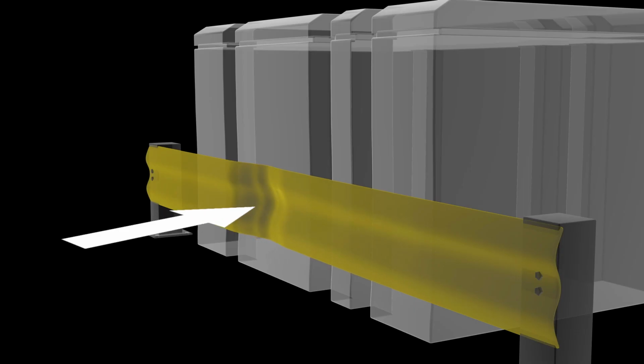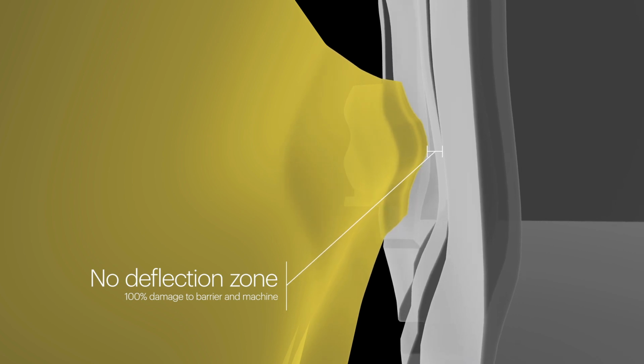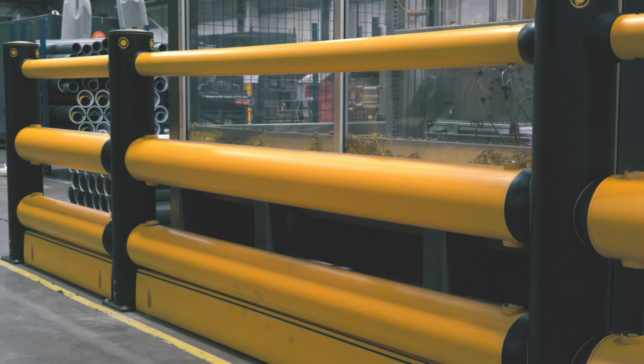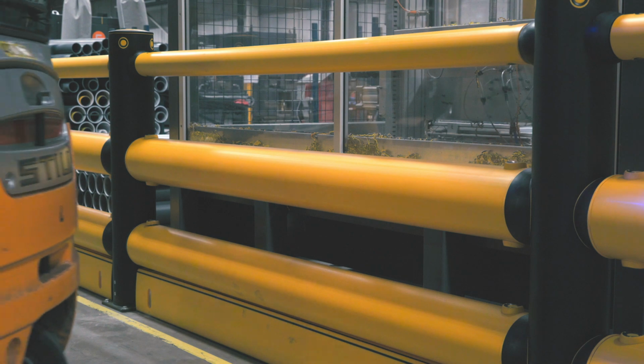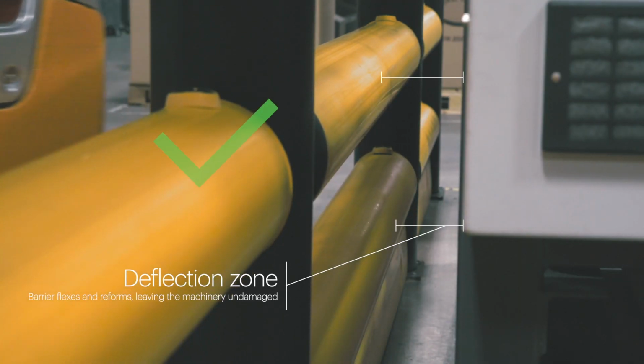All barriers deflect, so cannot function properly if in contact with or close to critical structures and equipment. Without an appropriate deflection zone, impacts can force the barrier into the machinery it protects,